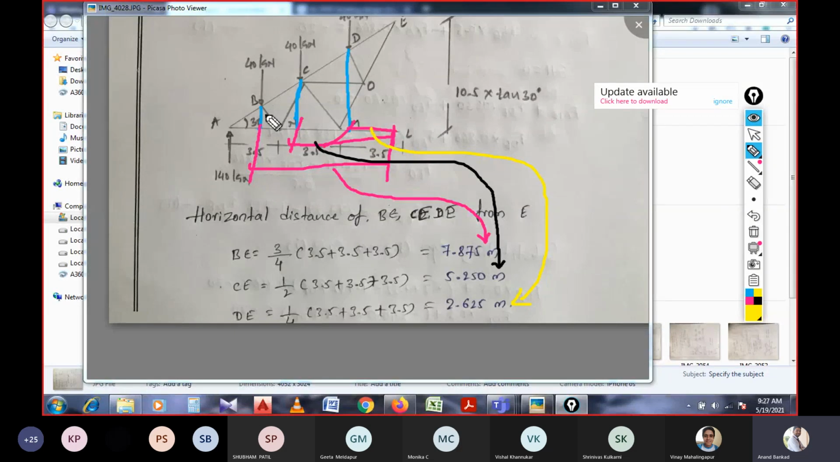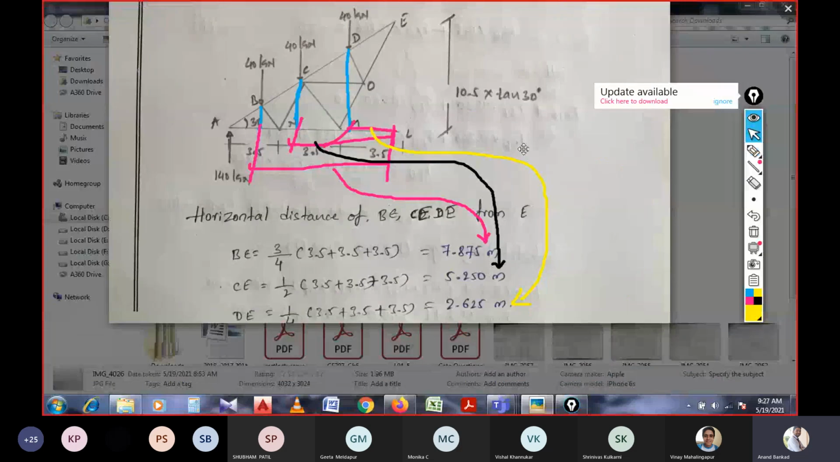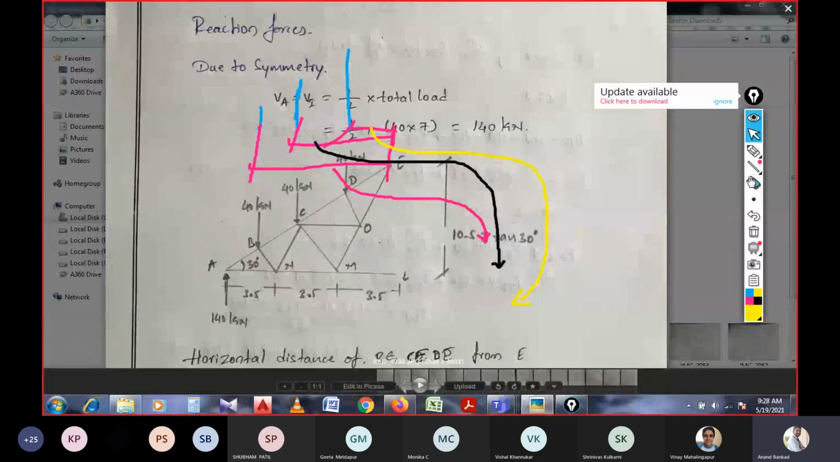So the force into distance would be considered while calculating the moment, but the distance which is referred to should be horizontal. So the horizontal distances are referred to in this manner. And in the question it is not given that